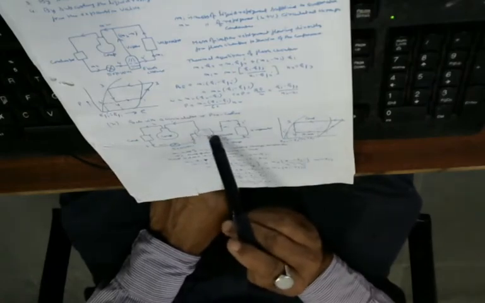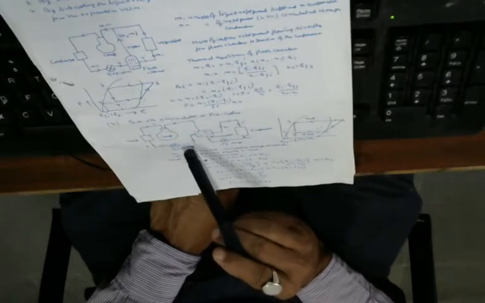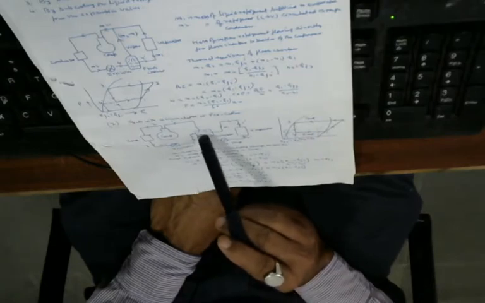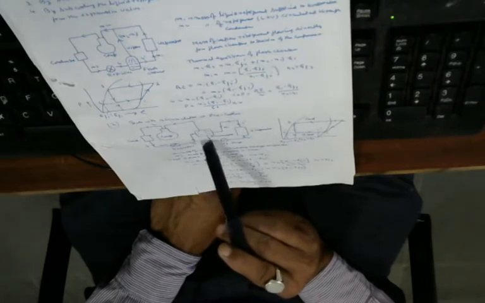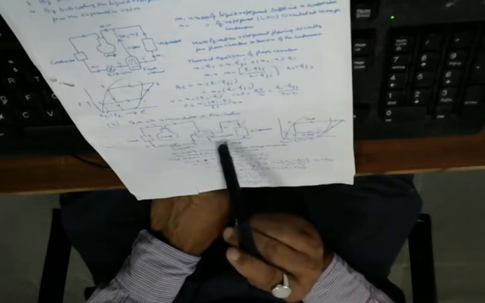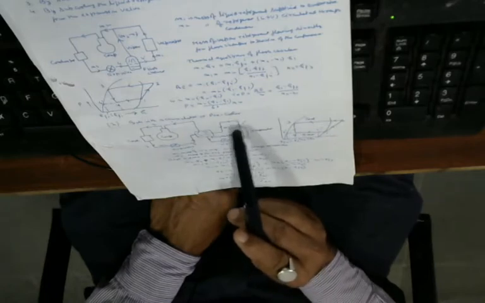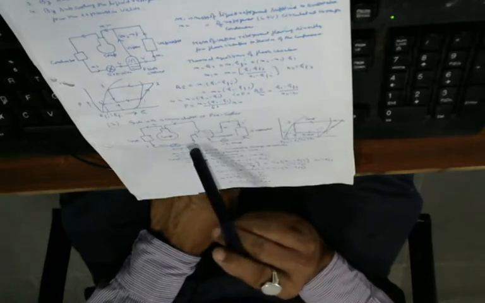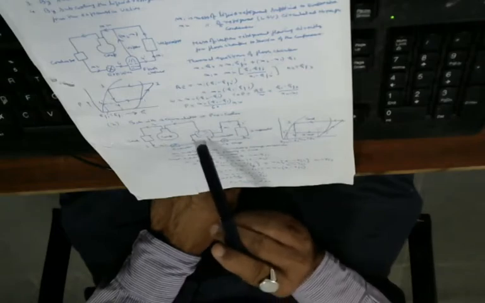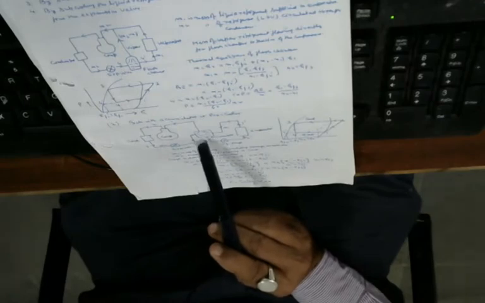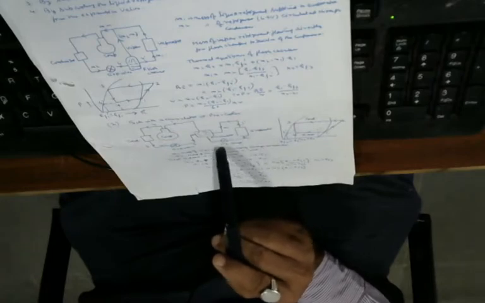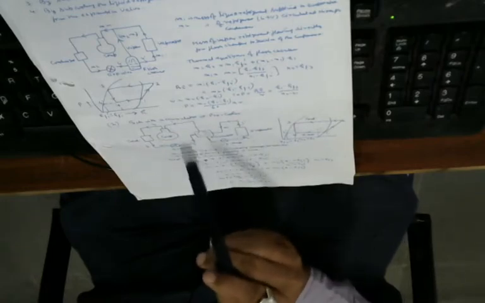Now we have got over here an accumulator. In the accumulator, the refrigerant which is coming from the expansion valve is collected over here, and the refrigerant which is coming from the evaporator also is being collected over here, and in the bottom we have got the liquid form of the refrigerant which is collected in the accumulator, and it is sent to the evaporator through the liquid pump,